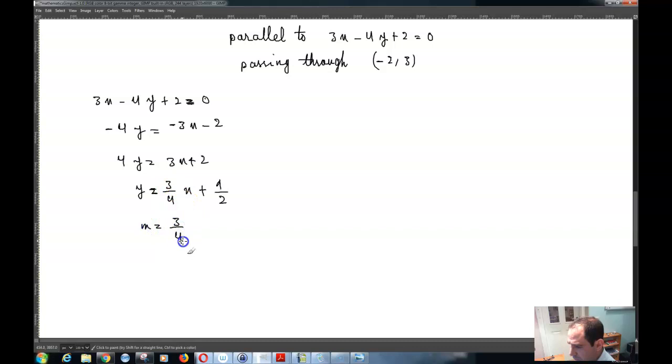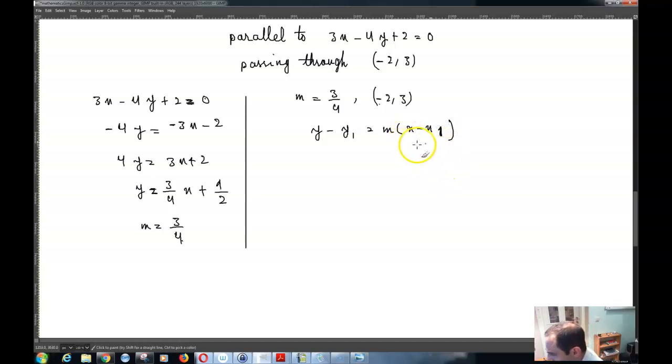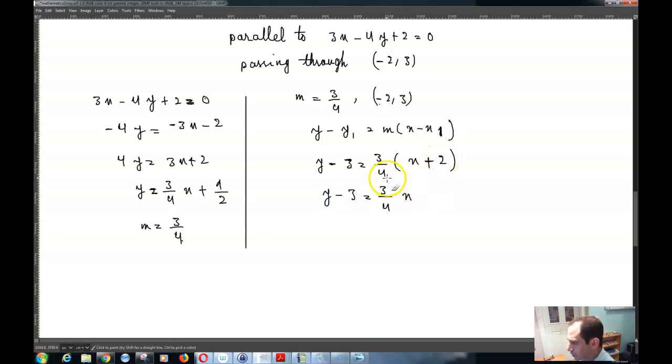So the slope of the line is 3/4, and since the line that I'm looking for is also parallel to this line, its slope is also going to be 3/4, and it goes through this point as well. So you can use y minus y1 is equal to m times x minus x1 and write the equation of the line, meaning y minus 3 is equal to 3/4 times x minus x1, which is x plus 2. So y minus 3 is equal to 3/4 x,